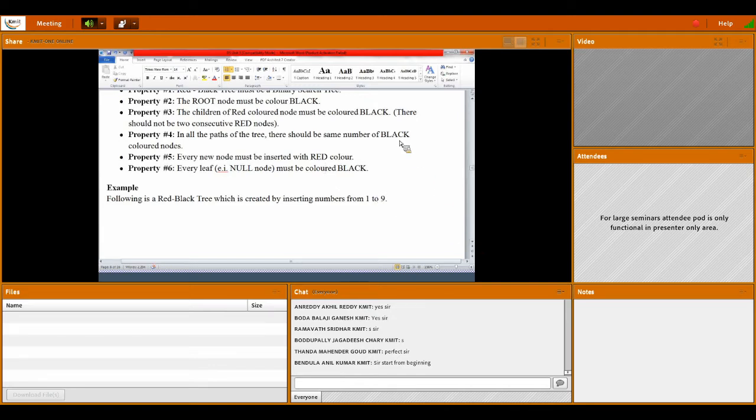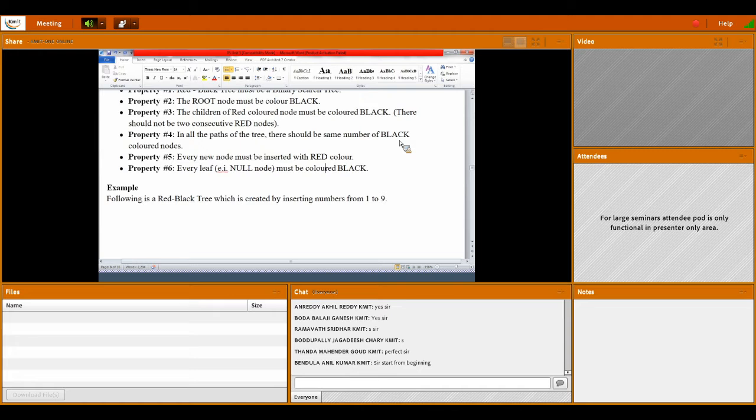The first property is the red black tree must be a binary search tree, BST, and the root node must be black, and children of a red node must be colored black, and in all the paths from root to leaf node, any path you see, there should be the same number of black nodes.